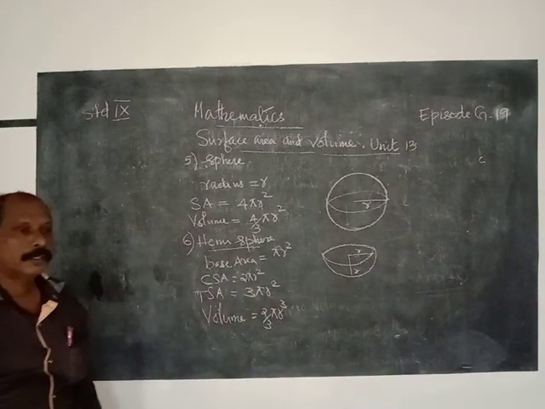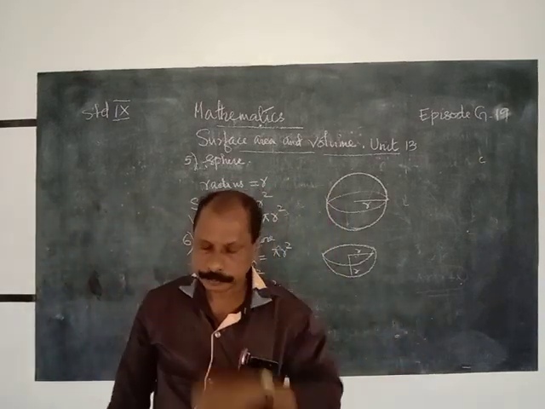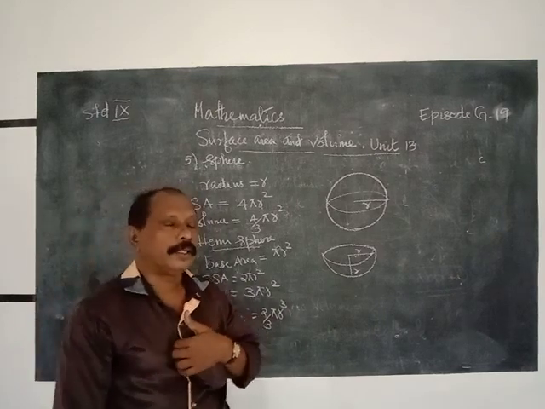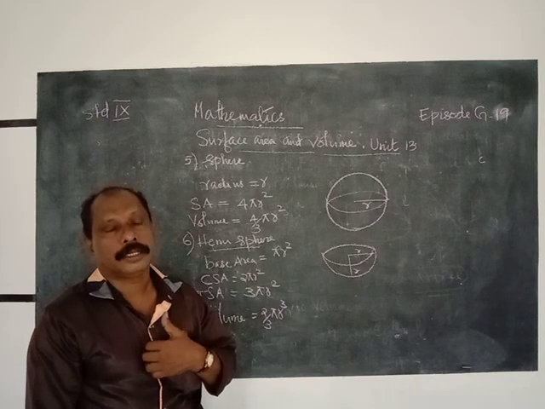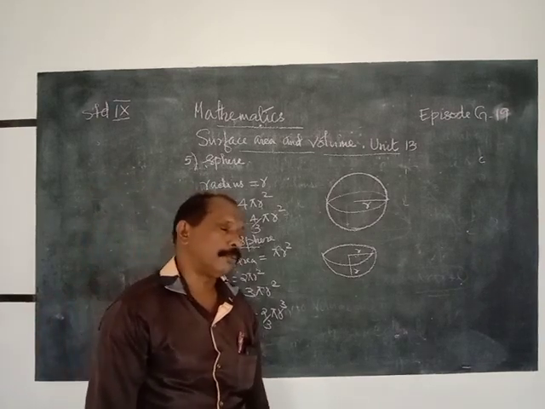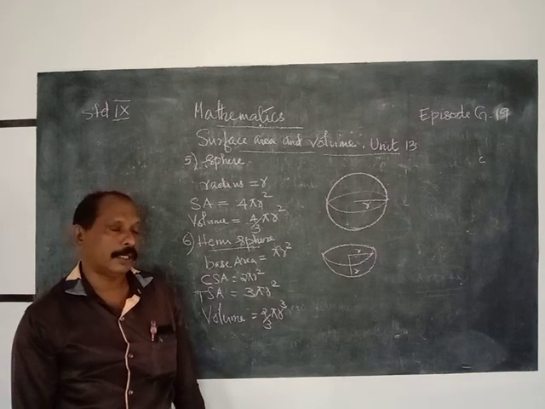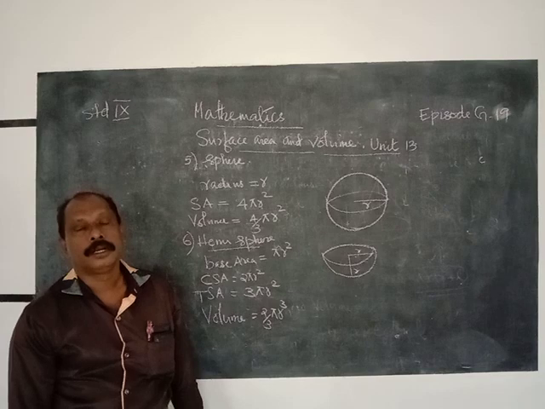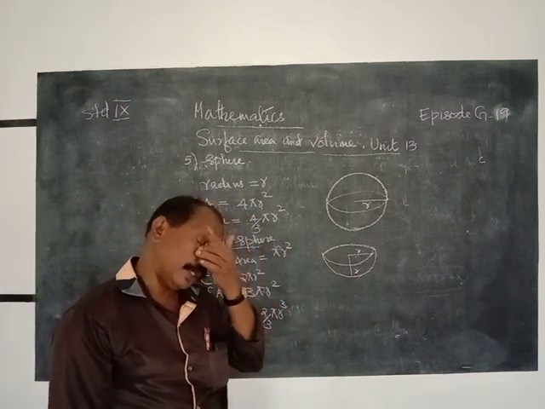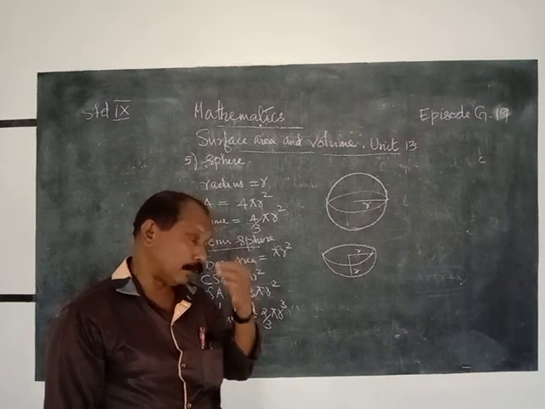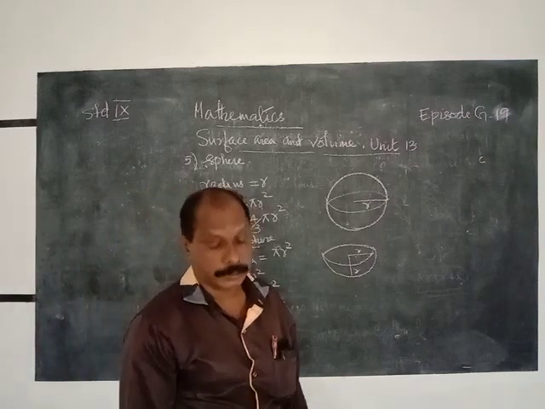Clear? Therefore, for a cuboid, that is the first one, length is equal to L, width is equal to B, and h is equal to height. Then 2 base area is equal to 2LB. Lateral surface area is equal to base perimeter into height, which is 2 into (L plus B) into h, equal to 2LH plus 2BH. Therefore, total surface area of the cuboid is equal to 2LB plus 2LH plus 2BH, which is 2 into (LB plus LH plus BH).